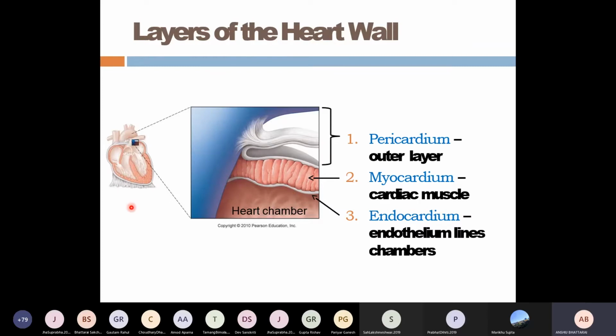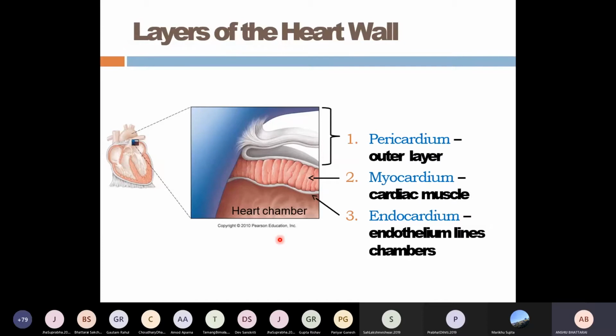Now, endocardium is actually the innermost lining and it is continuous with the tunica intima of the vessels. So I hope you know that there are different layers contained in the blood vessels. I hope you know about tunica adventitia, media, intima. As you have seen previously, there are many big vessels associated with the heart, and this endocardial layer is continuous with the intimal layer of the blood vessels as well.